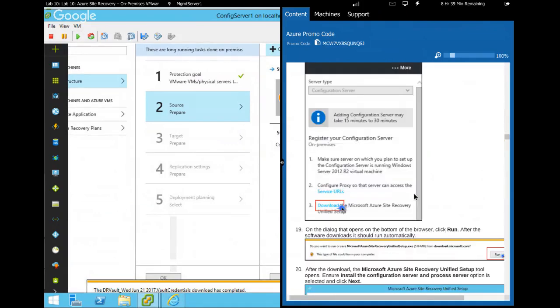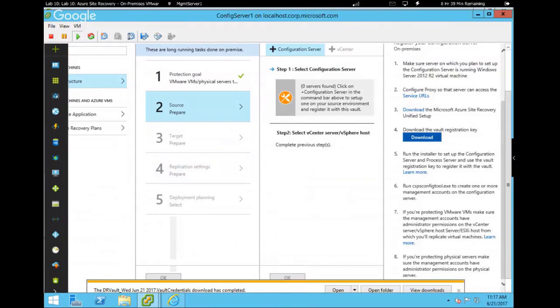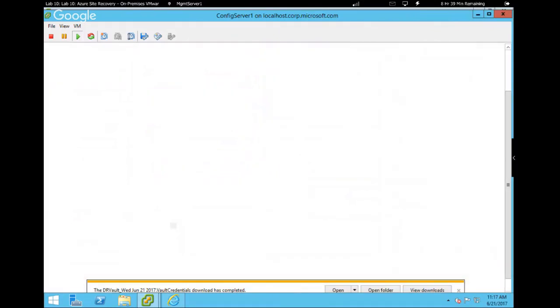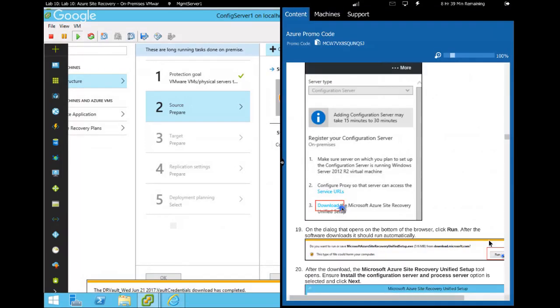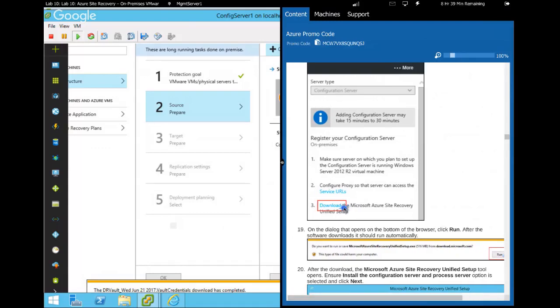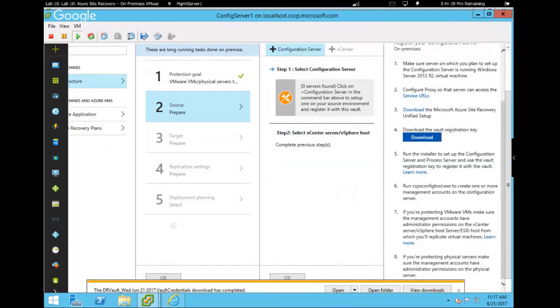That's right, it says configuration server. No, actually, we saw that in the class. Got it. Yeah, so it is. And then into the console, or you can set